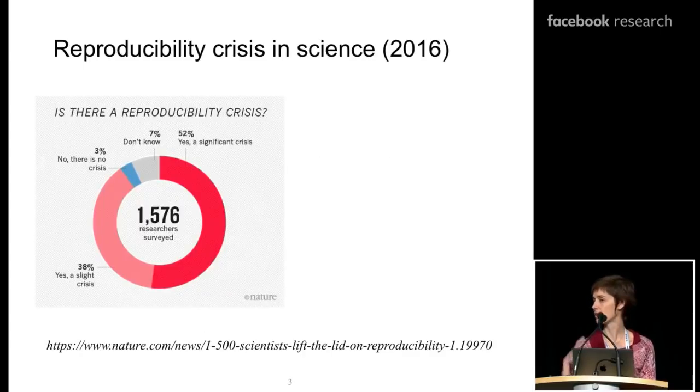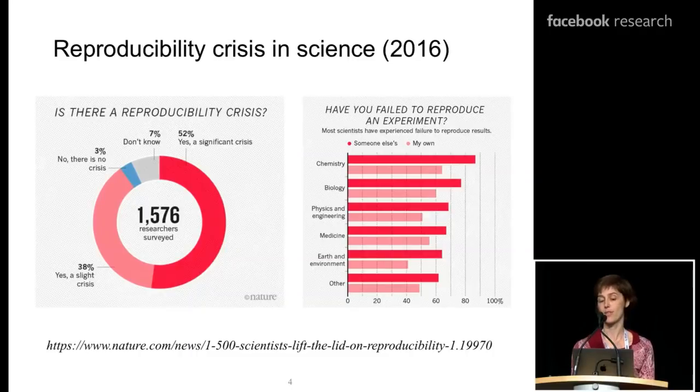Many of us have been hearing about a reproducibility crisis. The journal Nature conducted a study in 2016, still quite recent. 1,576 scientists were asked whether they believed there was a reproducibility crisis. From that group, 50% said they thought there was a significant crisis, and 38% said there was a slight crisis. So there is quite a high level of awareness across the disciplines.